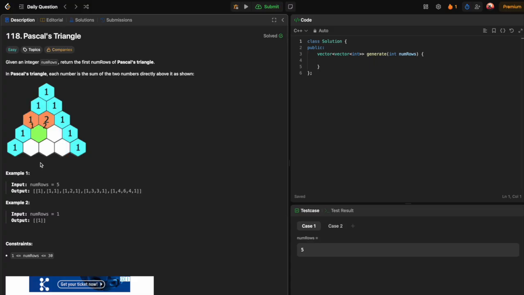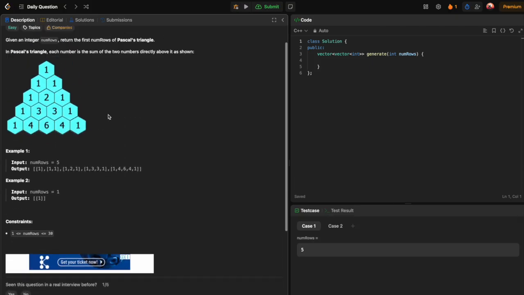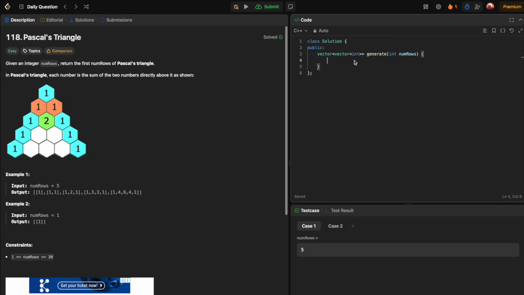And you can see here that every element after the 0th index is the sum of the previous row's element at the same index and the element at index minus one. So it is just a simple question, it is already solved. What you have to do is initialize a 2D vector in C++, meaning you are initializing a 2D matrix